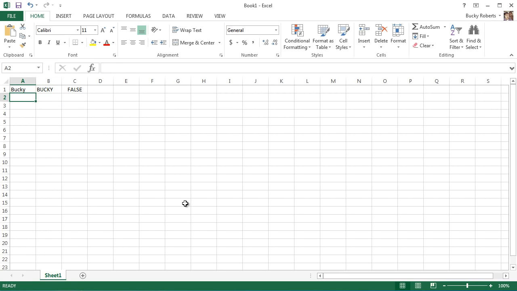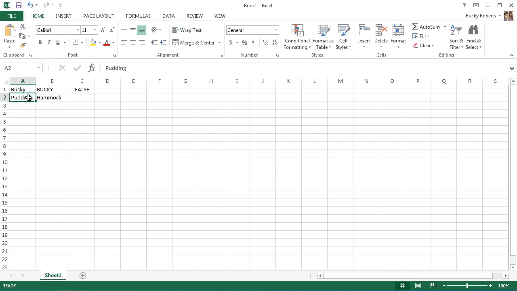So now let me make two more examples. Alright, so for the next function I want to tell you about, write pudding in A2 and hammock in C2,